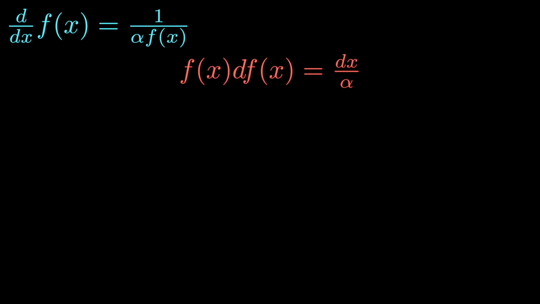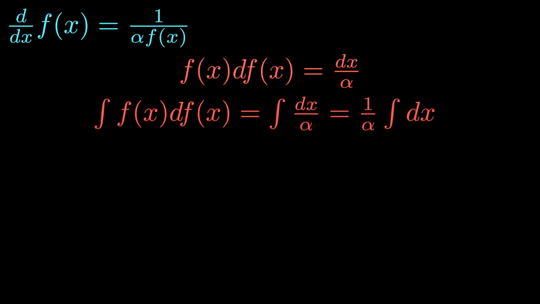Let's begin by multiplying both sides of our equation by f(x) and dx. On the left hand side we have f(x) multiplied by df(x), and on the right hand side we have dx divided by alpha. Now we want to integrate both sides of our equation. On the left hand side we have the integral of f(x) df(x), and on the right hand side we have the integral of dx divided by alpha, but alpha is just a constant,